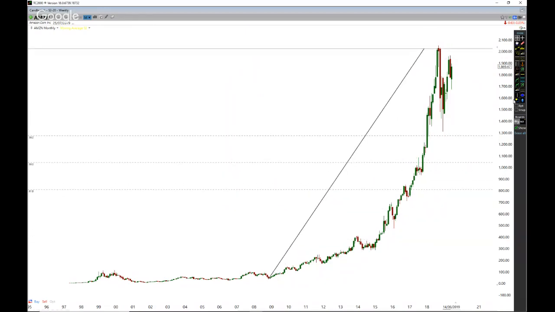So this sweet spot right here from 1,000, it's just a cycle thing, right? In the next recession, you could see Amazon come back down to maybe 1,000, maybe more, maybe even a lot deeper. Maybe it's going to come back down and retrace pretty much where this vertical move started. So as you can see, we had this big vertical move to the upside, and now we're just going sideways. So that's the bigger picture there, guys.